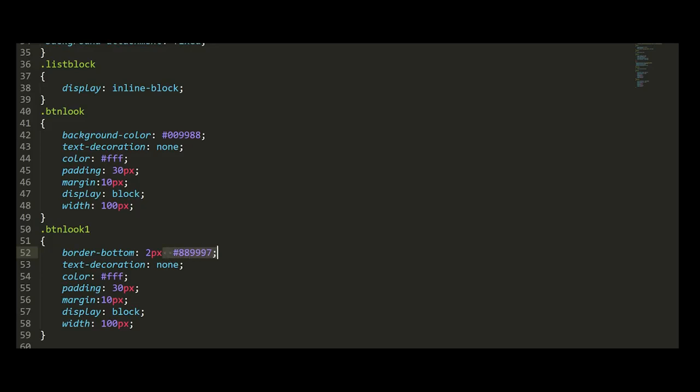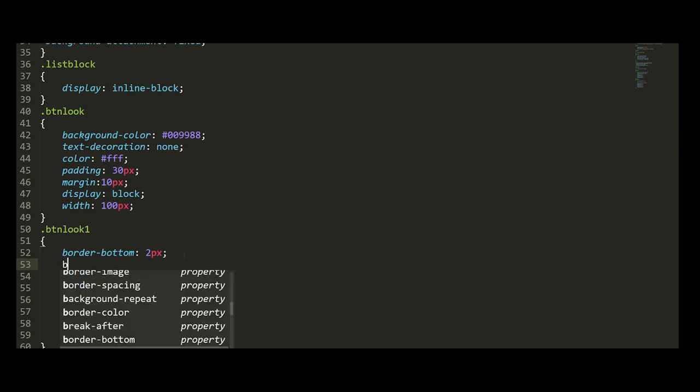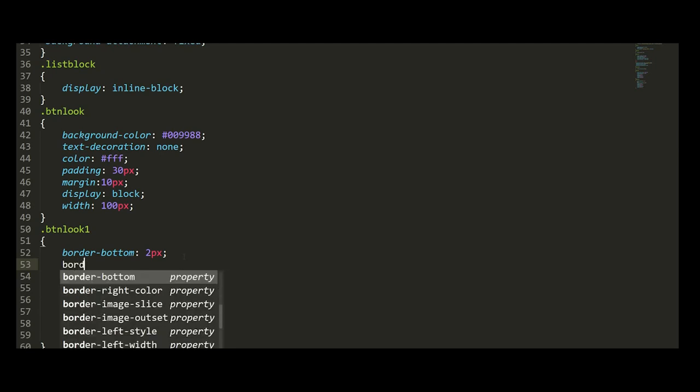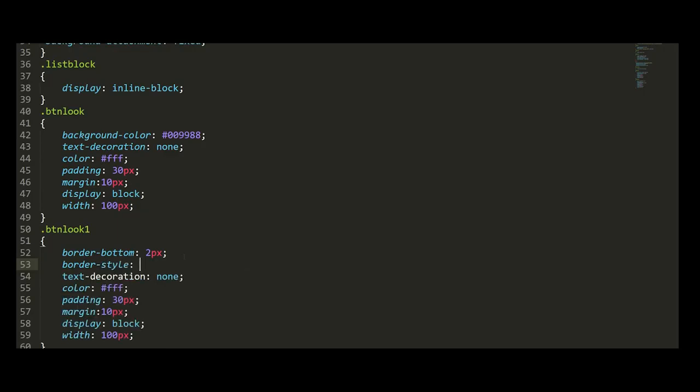These all things can be mentioned separately. So border bottom, I need 2 pixel. I can give border style like this, border hyphen style.